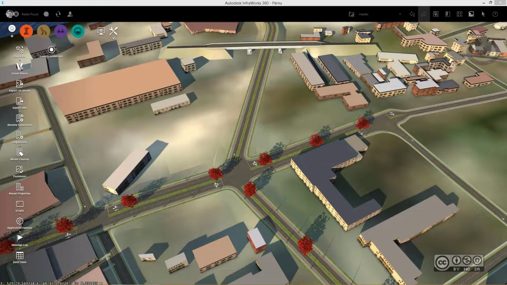Hey ho, I'm Raido Puust again, and in this short video I will do a brief introduction to intersection roundabout design, starting from InfraWorks 360 and continuing in Civil 3D, including vehicle tracking module. This vehicle tracking module is available for Autodesk Collection subscribers, but also for single subscriptions. And it is good to point out that it works on top of AutoCAD as well as on MicroStation platform.